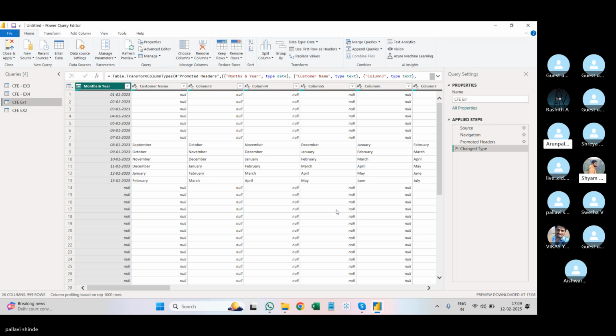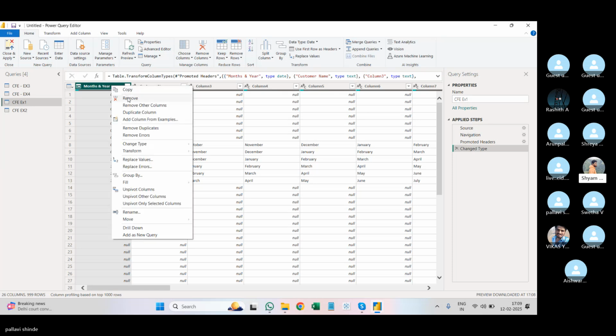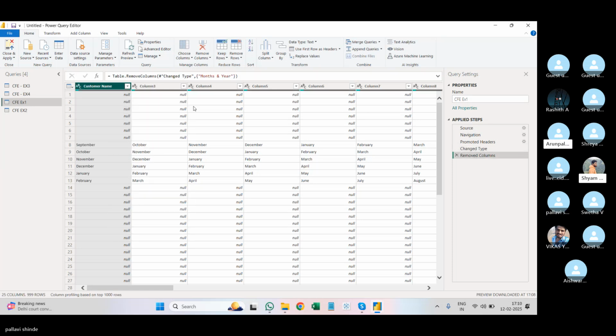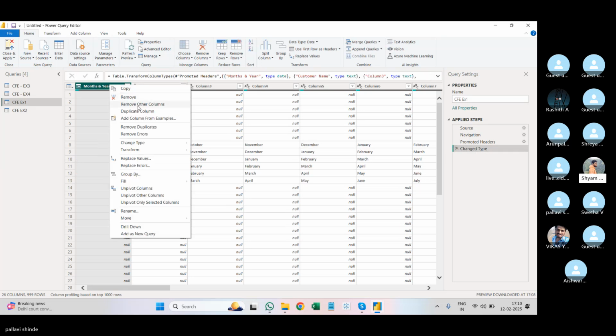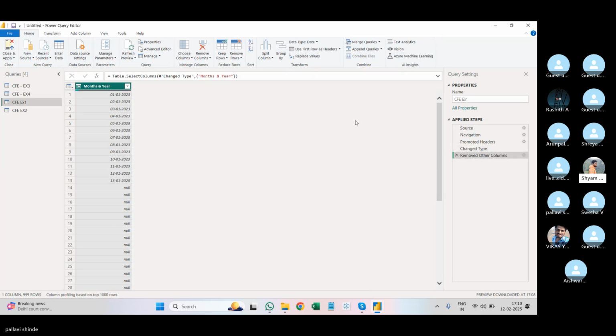So just click on this first column and remove others. You have to click on remove other columns. Yes. Now see,